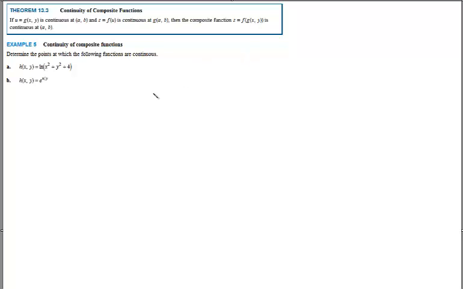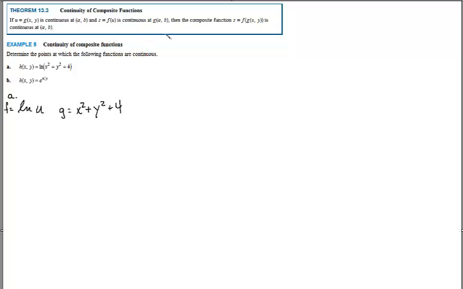Okay, we have a function in A that is a composite function, and for A I see that I have the natural log of some, let's say u, and then let's look at the other function as being x squared plus y squared plus 4. We'll call this one f, and we'll call this one g. Now h is just a composition of f and g,